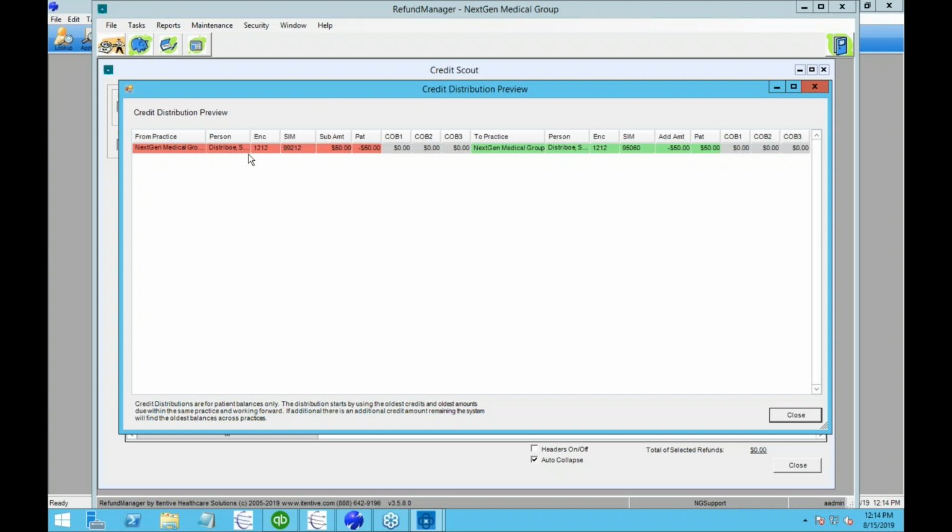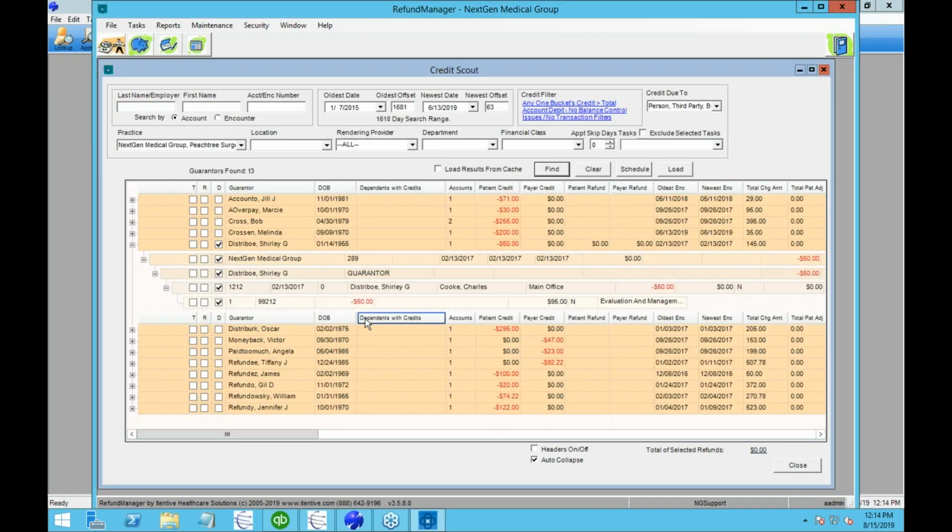On the left here is where it's pulling the money from. So encounter 1212, charge 99212 has a $50 credit, and we're going to subtract all $50 of that. What are we going to do with that? Well, let's look on the right side here. We're going to move it to the same encounter, but a different charge. So in this case, it was probably just misposted. They put the whole amount on one charge instead of splitting it up between both charges. So when we give it the go-ahead, instead of us creating transactions in NextGen, Refund Manager is going to do